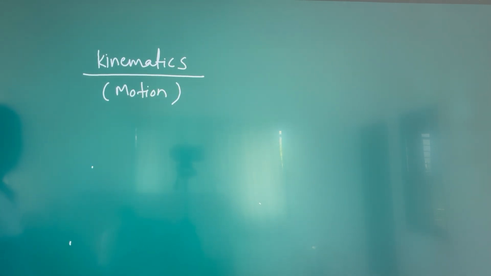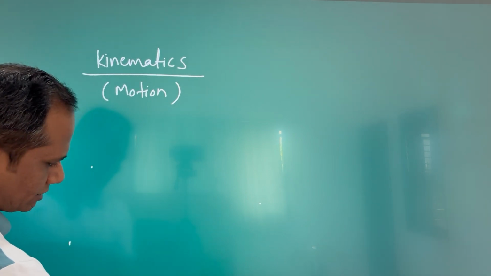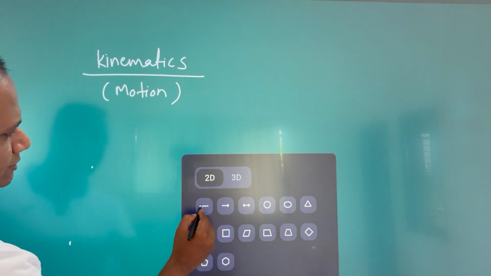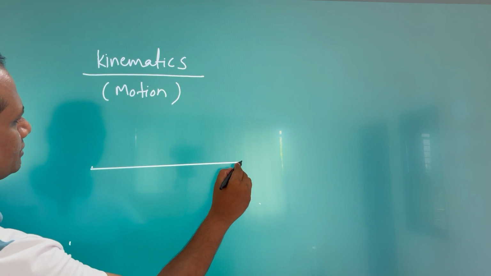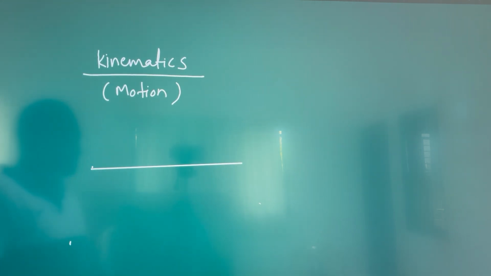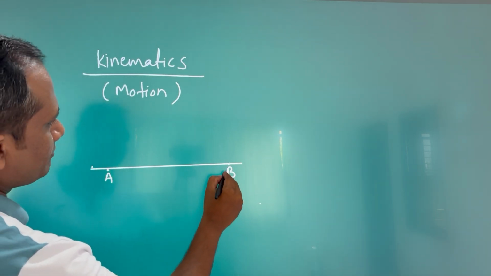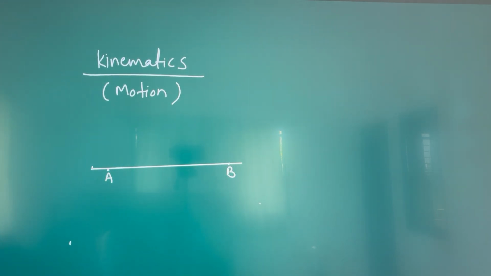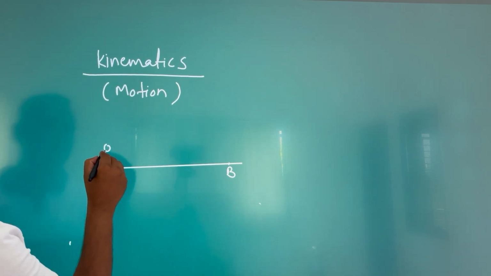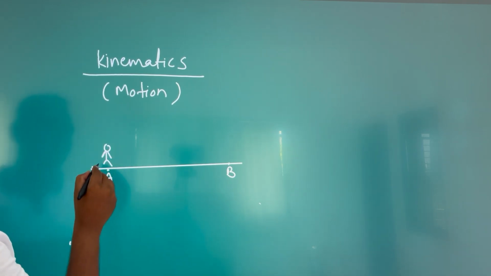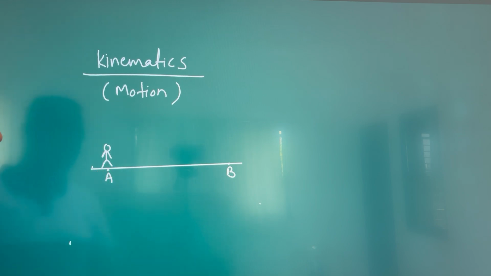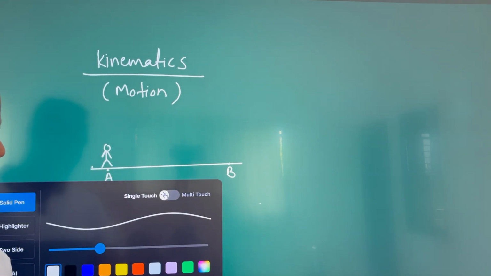Kinematics means motion. Motion means, let us consider a line. In this line, we are considering two points, point A and point B. If a person or object is moving from point A